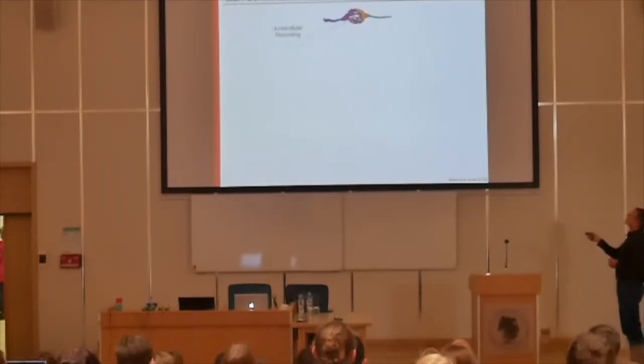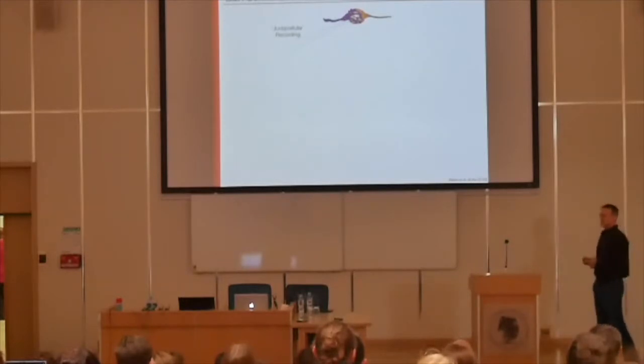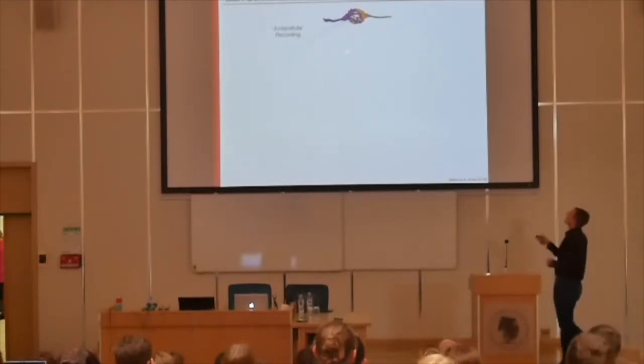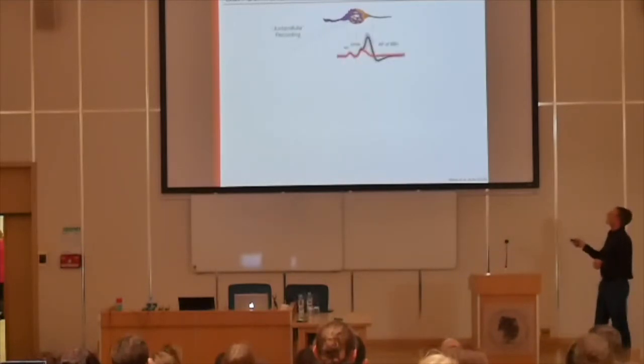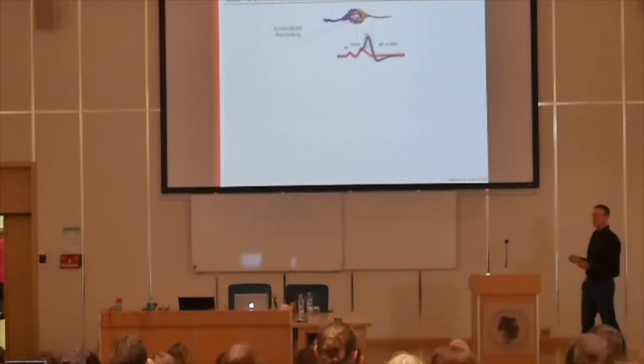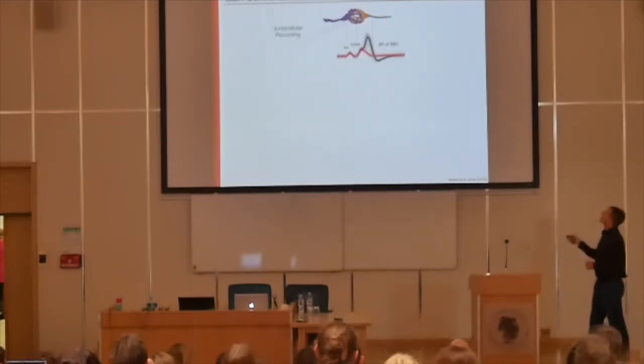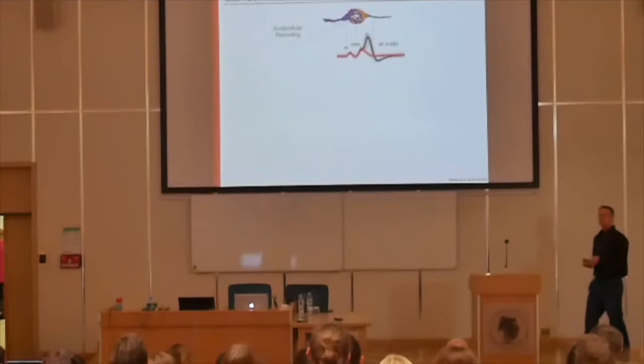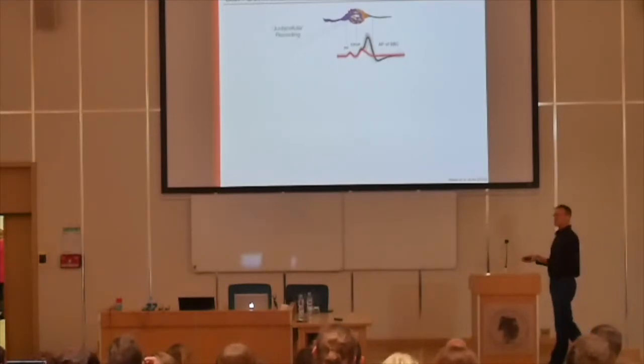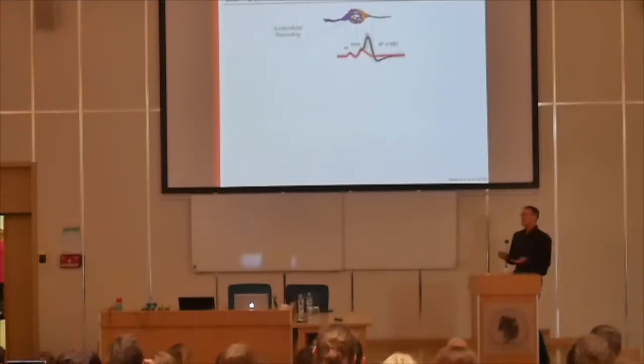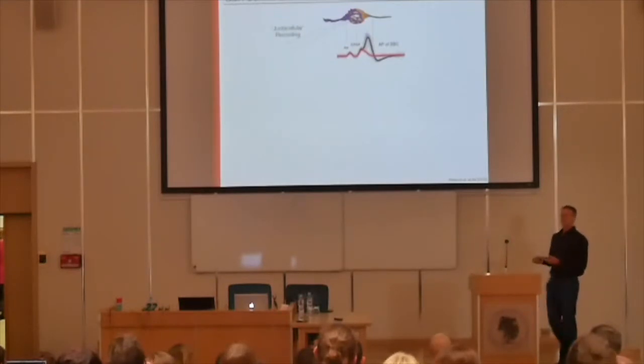It's essentially a glass electrode that is brought very close to this junction, and by being close to the pre- and postsynaptic side, you can see both. So here's what this looks like. You see the so-called prepotential, PP here, which is the incoming action potential. Then you see the postsynaptic EPSP. And if there is a spike on the postsynaptic side, then you also see this large postsynaptic action potential. The red and the black here show the difference between whether you have a transmission or you don't have a transmission. And of course, the important question is, why under certain conditions do you have a transmission and in other cases you don't?